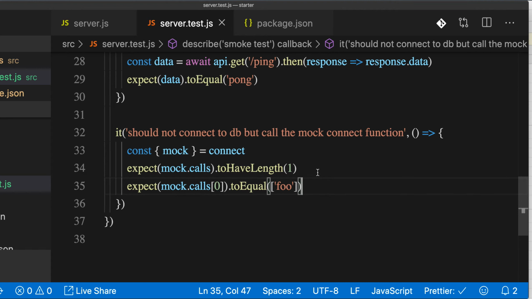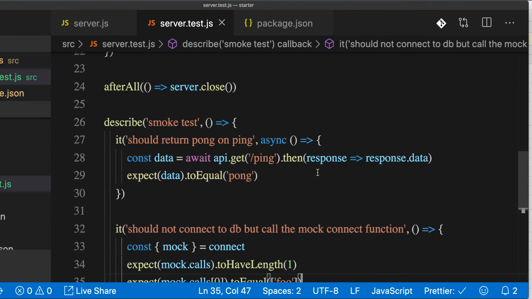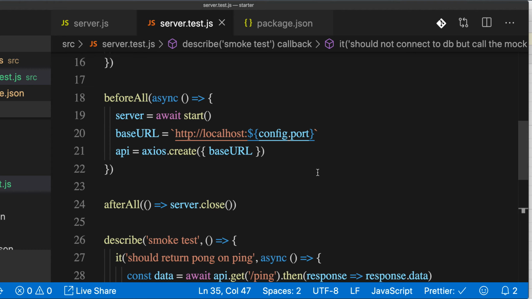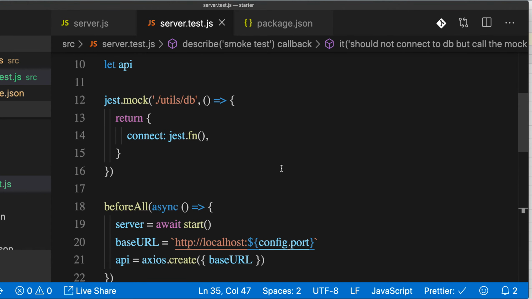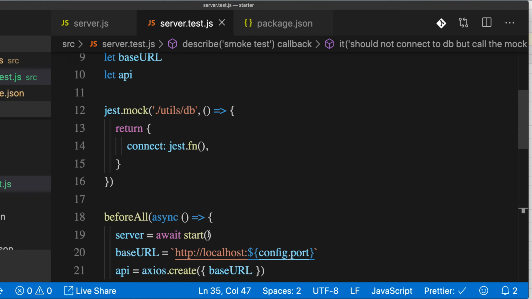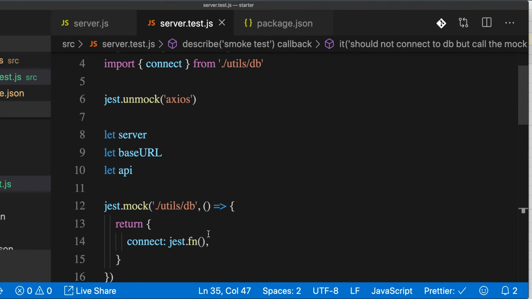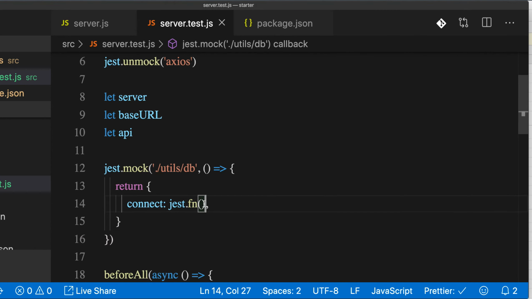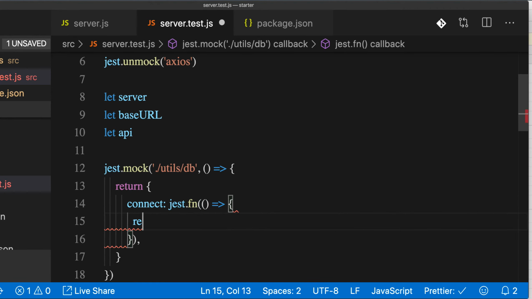Another thing we can test is the results object of mock. Here in the connect we want to return bar,